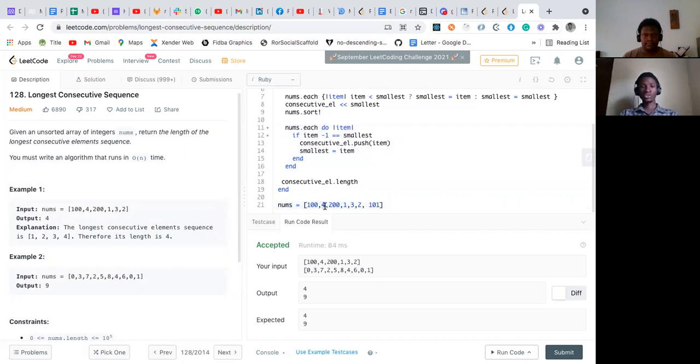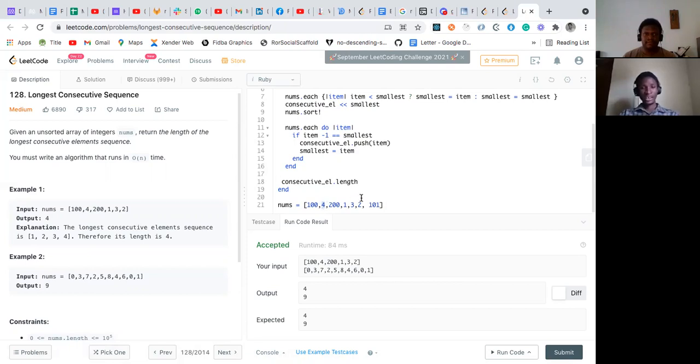We're trying to see if we have another 5. If we don't have another 5, we end everything. We don't need to do anything else, which is not correct,